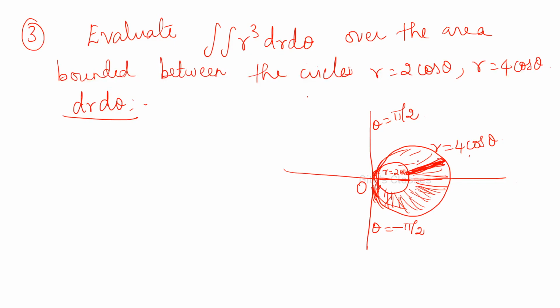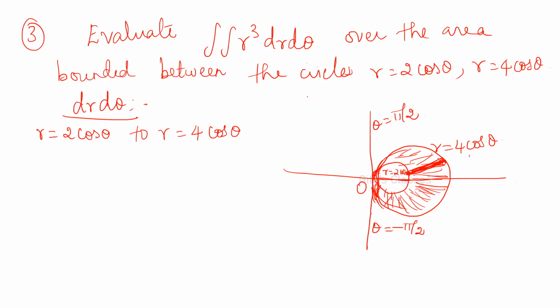Now I have considered this, and we have to find dr d theta. To find the limits of r, you have to see which curves both the ends are moving along. On the left hand side it is moving along r = 2 cos theta. It is not a single point, not a straight line, it is a curve, again 2 cos theta. And the right hand side is moving along which curve? r = 4 cos theta. So these are the limits: r = 2 cos theta to r = 4 cos theta.